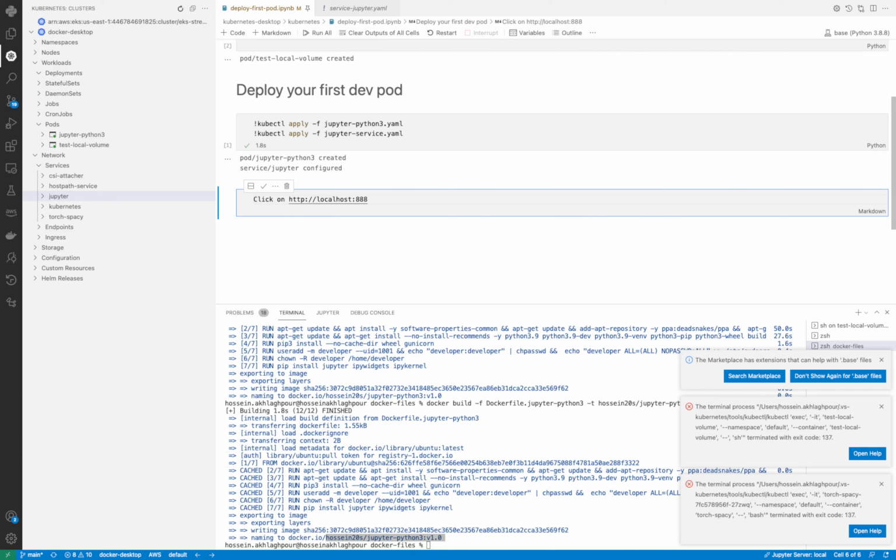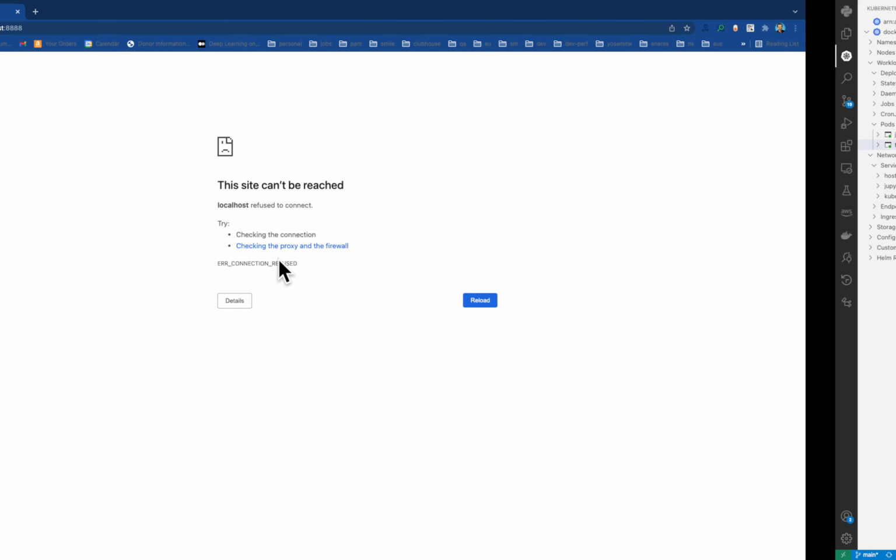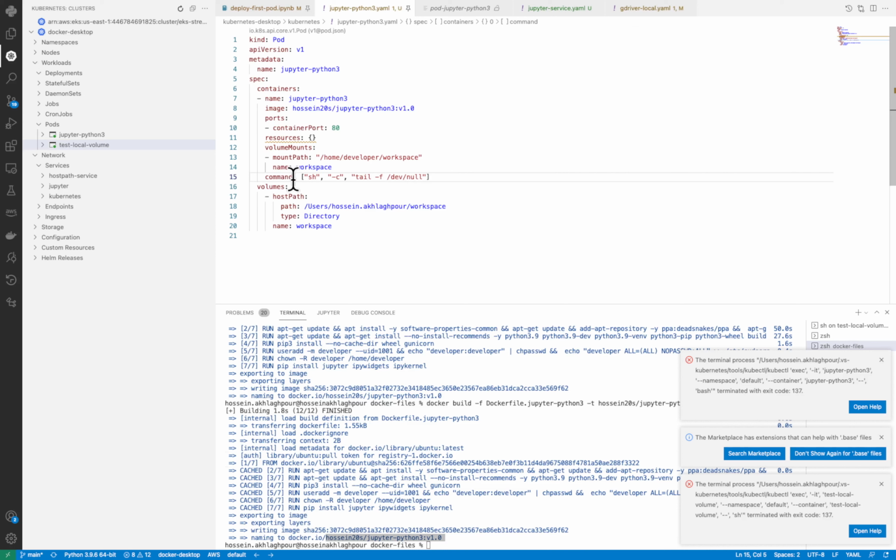And I should be able to basically see the notebook. It is the first time I'm doing it, so hopefully it will work fine. Okay, so it actually didn't work, and the reason is, if I go back here, you can see that I